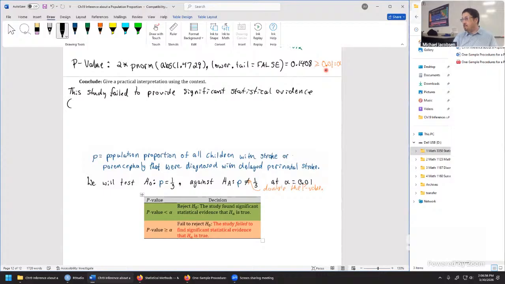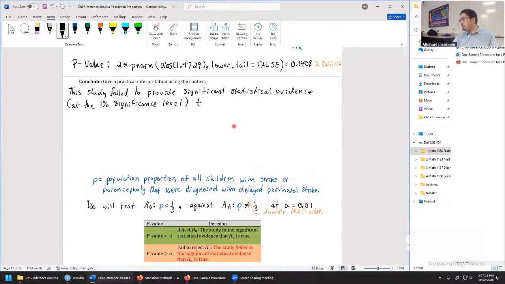So I'll say here at the 1% significance level, to support the hypothesis that